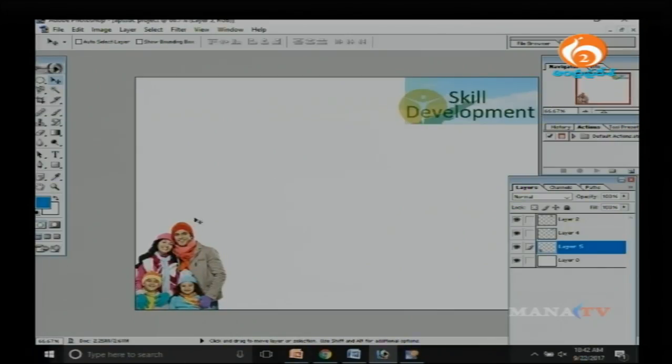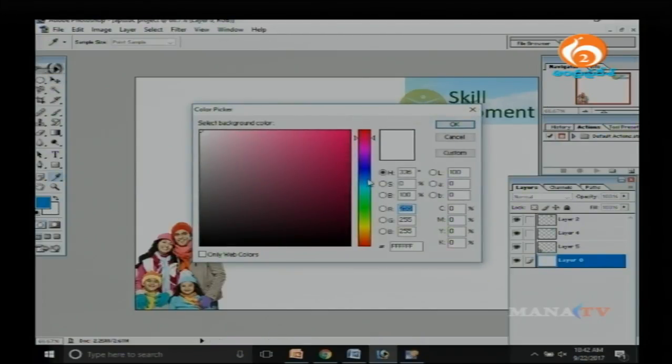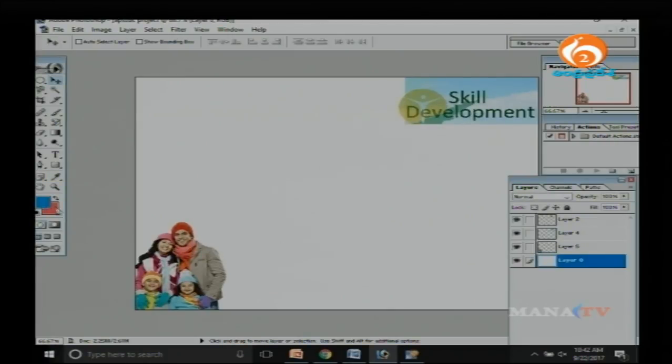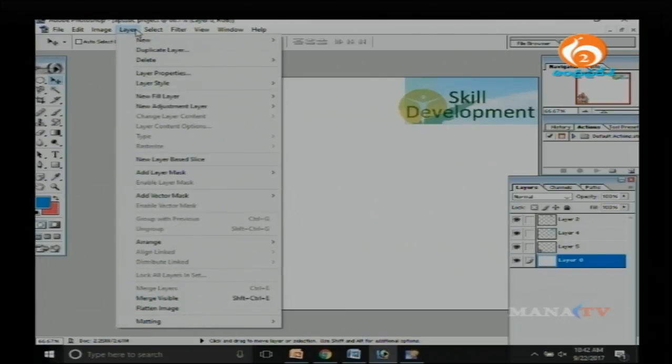Perfect. So now what I'll do, I'll go for the background. I'll give a good layer combination. So this is what we've been at. So let us give another nice tone. So here there are two odd colors, and now I'll go for layer,